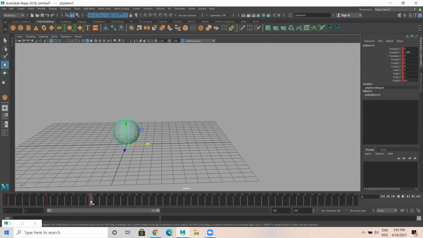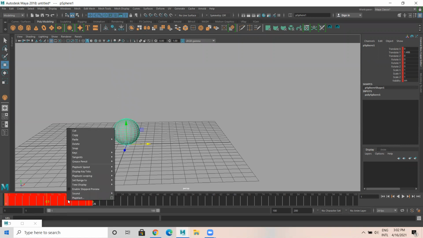In this case, click on frame number 25, hold shift, and drag up to here. I'll show you again. Select the sphere, just a normal click, hold shift, and drag to frame number 1.